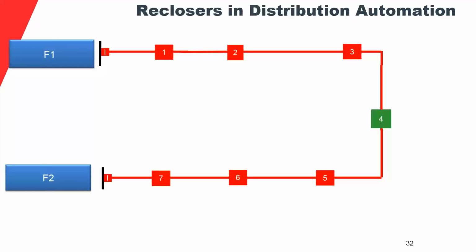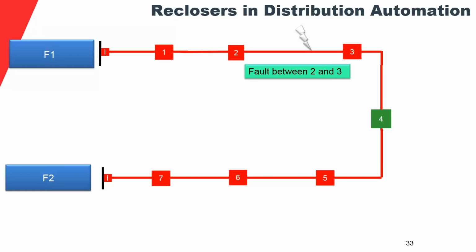Another application of reclosers is when you have something like this, where you have two feeders with 3 reclosers. There could be more. I just chose 3 on each feeder for the sake of the example. And then those feeders are connected by a normally open tie here, which happens to also be a recloser. If there's a fault, for example, between 2 and 3,